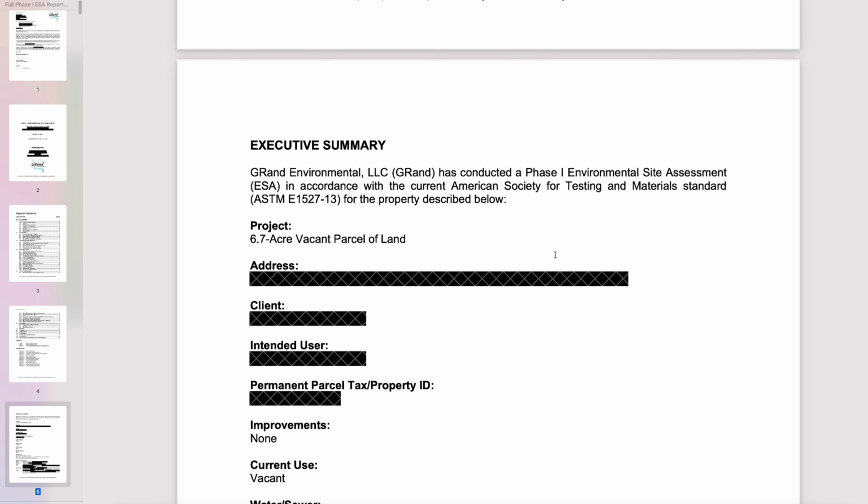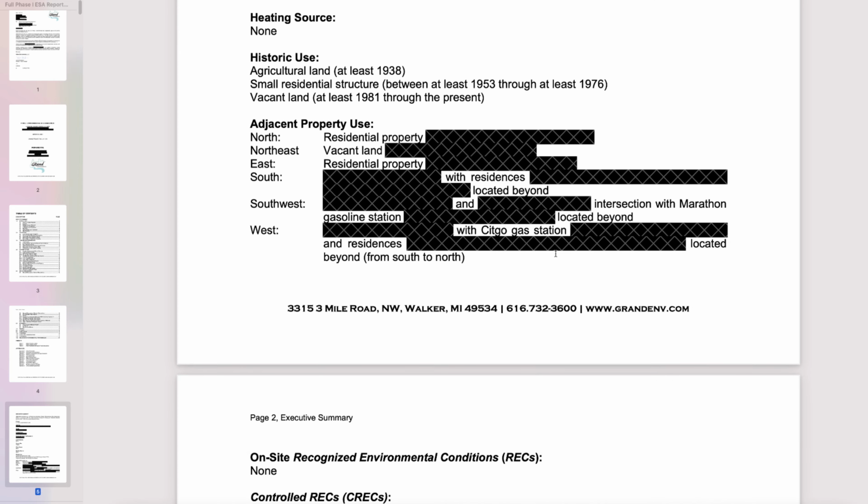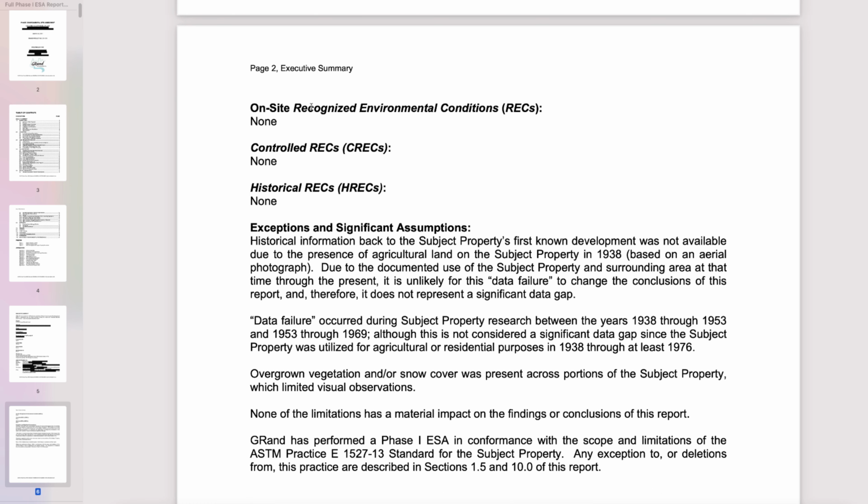And when you're looking at a Phase 1 report, what you're looking for is called a REC, which stands for Recognized Environmental Condition. And RECs can be all kinds of different things. It could be, hey, I saw an empty barrel on the property, or there's a pile of dirt over here, and we don't know if that dirt is contaminated, or we weren't even able to look at some of the information, so we don't know. Maybe there's a big problem that we just couldn't account for, or maybe there's a pipe sticking out of the ground, things like that. So we're trying to see, is there any reason that we need to go further into a Phase 2, or is this thing just totally clean? There's no issues or concerns.